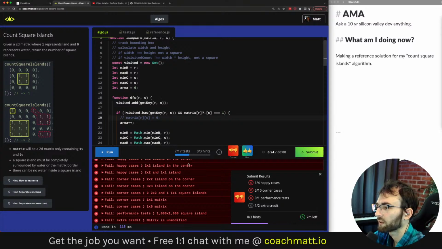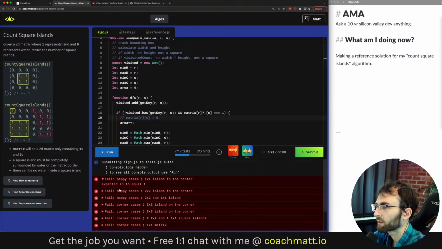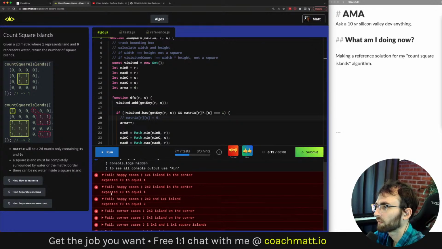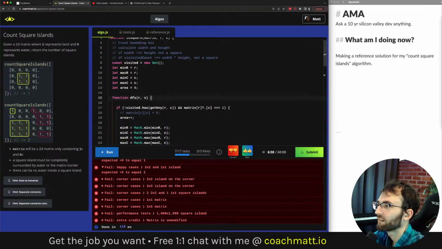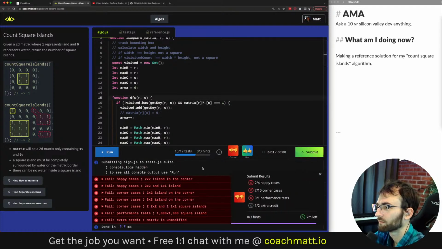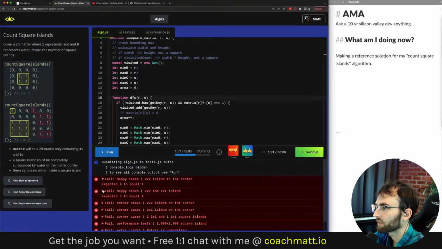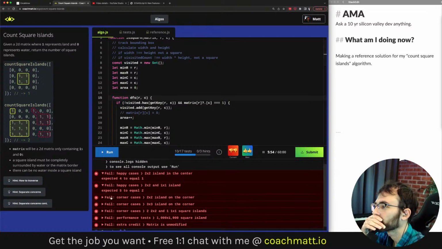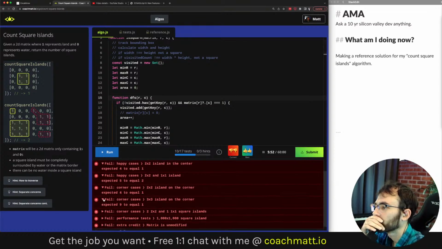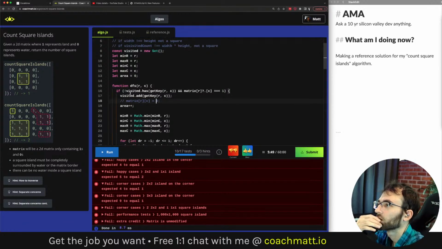Oh, we are failing tests. Expected... Right, duh. Okay, so we're marking it as visited. We need to mark it as visited after we check. So there we go. Okay, expected 4 to equal 1, 5 to equal 2. So we're getting some bugs. If not visited.has(getKey(row, column)).